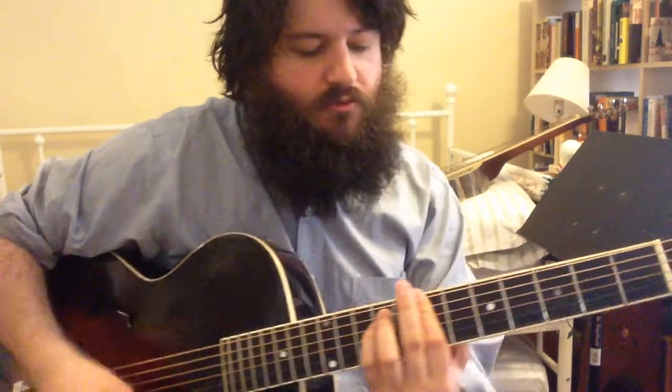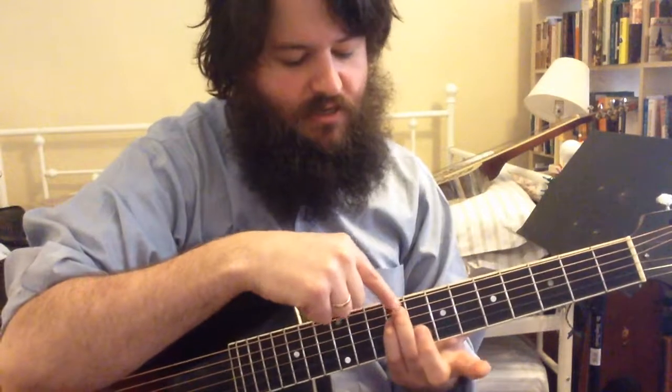You can play that up here at the 7th fret. Just bar the 7th fret and make this E minor shape. So you flatten that first finger out, and then you've got the 9th fret on the 5th and 4th strings. So that's your B minor. And then you're going to want an F sharp 7,